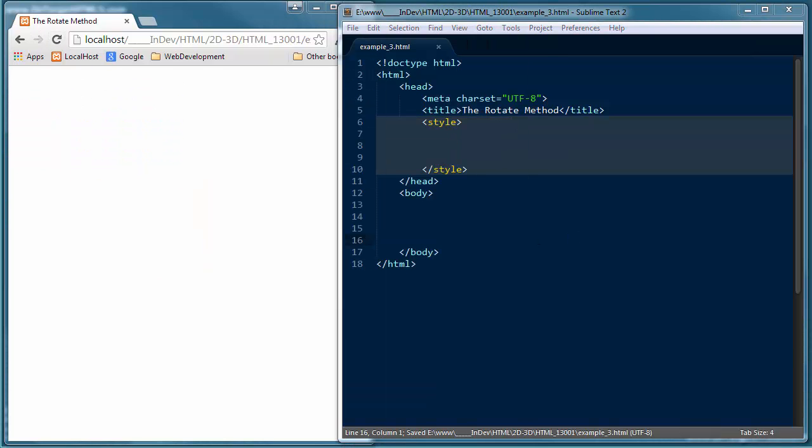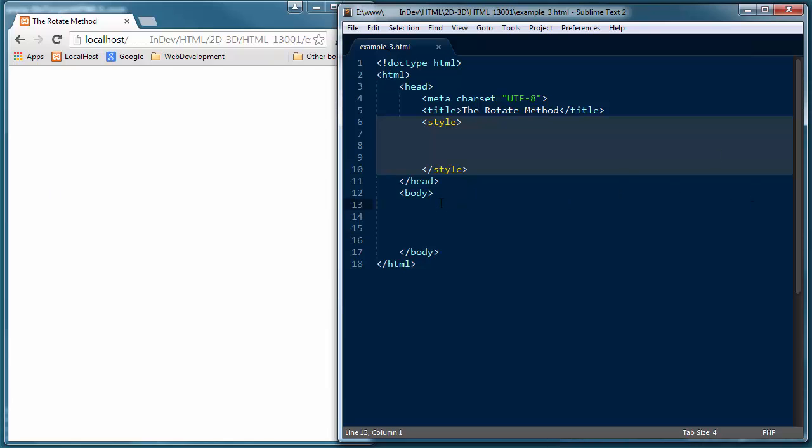There we go. So the scale method increases or decreases the size of an element according to the parameters given for the width and the height. Inside the scale method, we have 2 parameters we can enter, a width and a height parameter, and that determines how this element scales inside of HTML. And we've got to remember, it actually scales from the center. I'm going to show you what I mean and why that's important to understand based on how we set our margin settings. So let's go ahead and enter some HTML